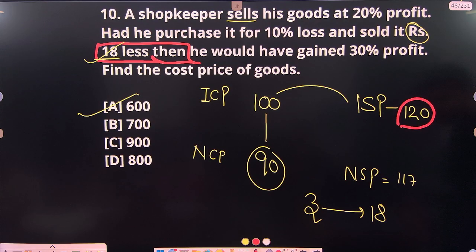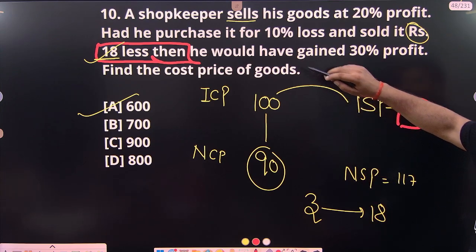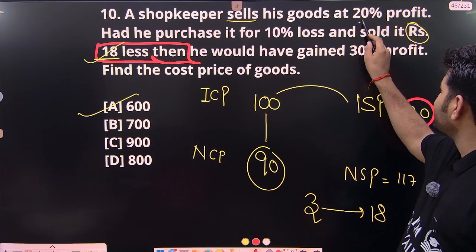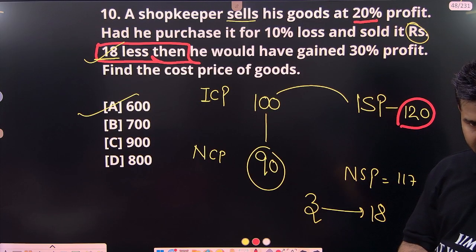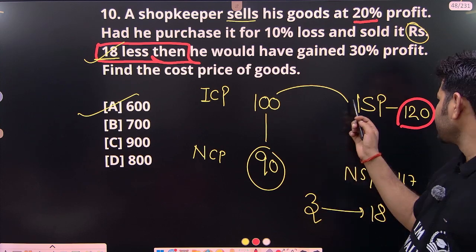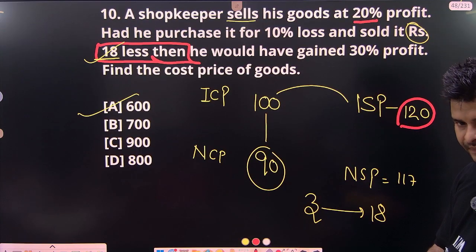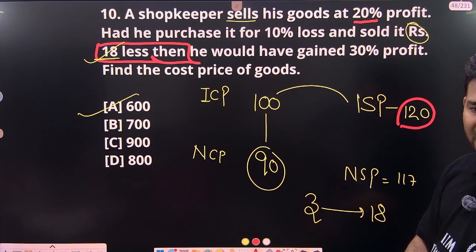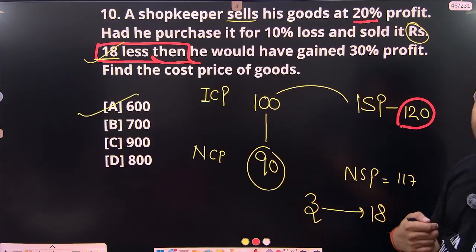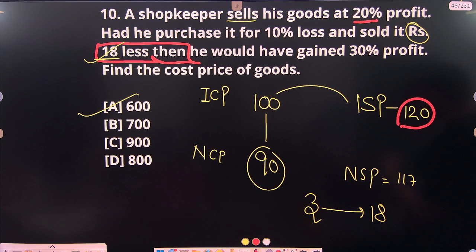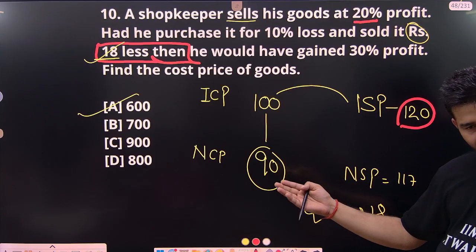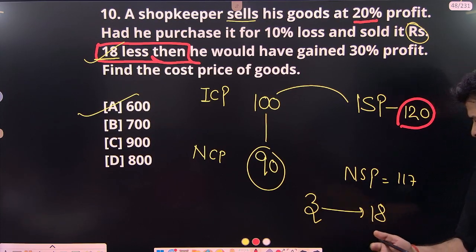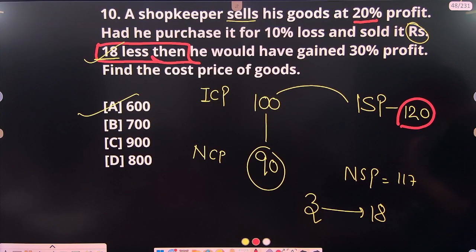3 और 18. क्वेश्चन ये कह रहा था बेटा कि जब कोई इंसान 20% प्रॉफिट पे कोई चीज बेचता है तो 100 में खरीदी, 20% प्रॉफिट पे बेची तो 120 की बेची। पहली बात खत्म हो गई। अब मैं कह रहा हूं मैंने 100 में नहीं खरीदी है, मैंने 10% कम में खरीदी है। अगर मैंने 90 में खरीदी है और अब इसको 30% प्रॉफिट पे बेचना चाहता हूं। So what would be the 30% profit of 90? 27. So new SP would be 117.